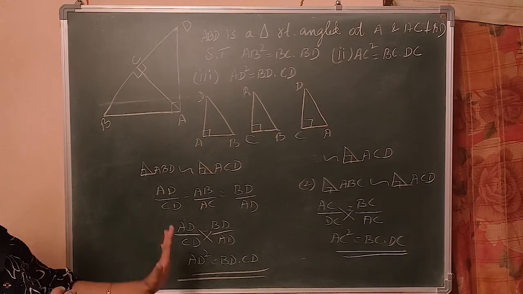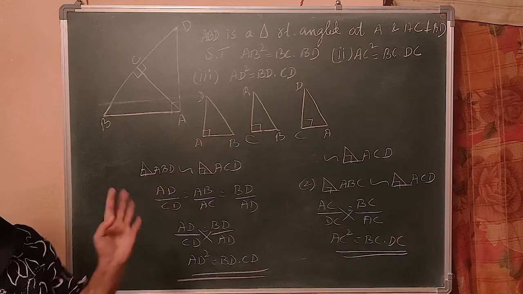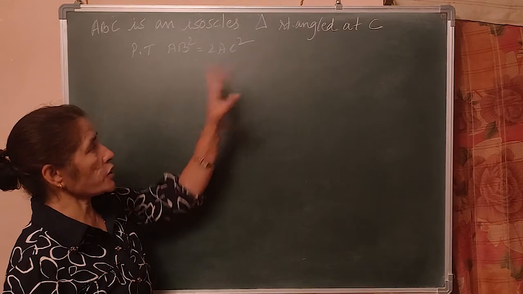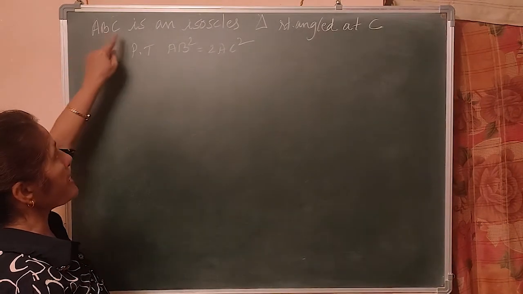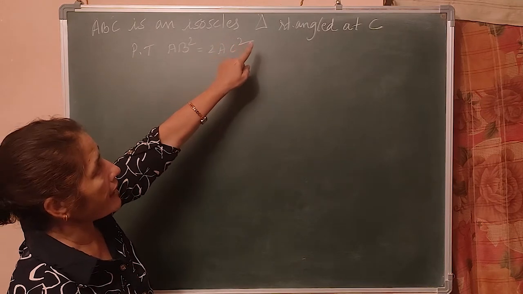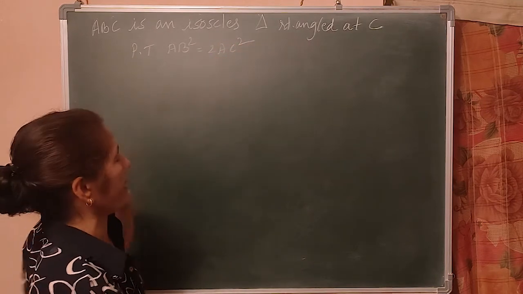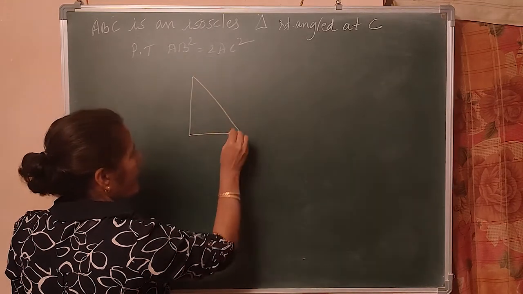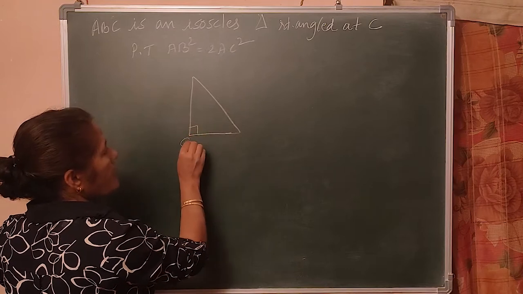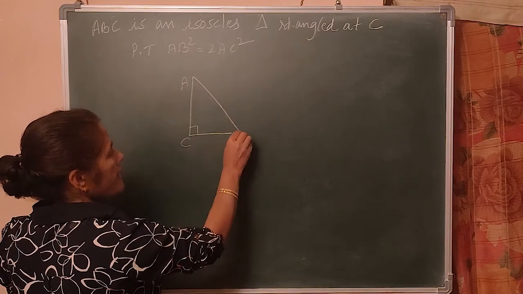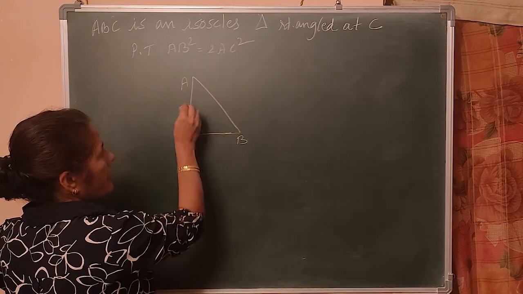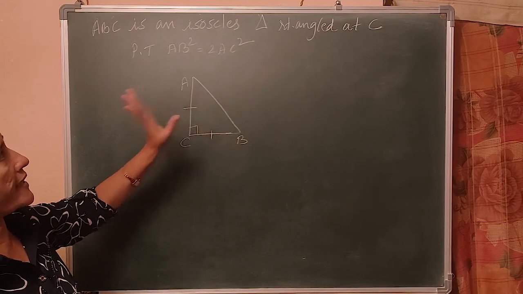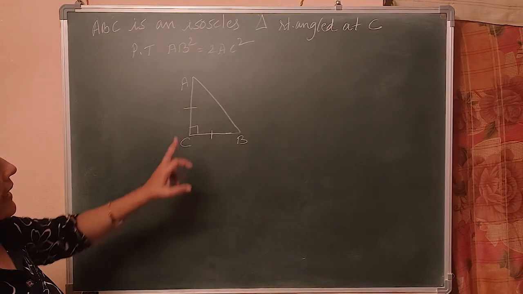So very easily you can get like this. If you understand like this, there is no problem at all. Let us move on to the next problem. Our next question is very simple. ABC is an isosceles right angle triangle, right angled at C. So what is the meaning of isosceles? This is right angle triangle, AC is equal to BC, right? Then only when these two sides are equal, then it is called isosceles right angle triangle.